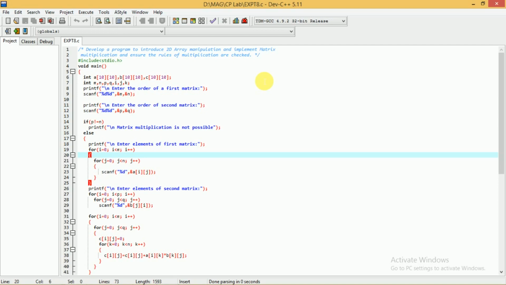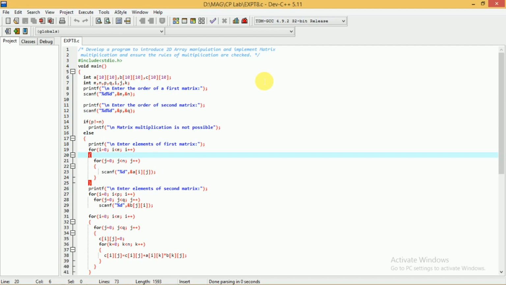Whenever you multiply two matrices, I hope you know the procedure. Let us consider we have two matrices, A and B. To multiply the first matrix with the second matrix, you have to consider the first row of the first matrix and the first column of the second matrix.